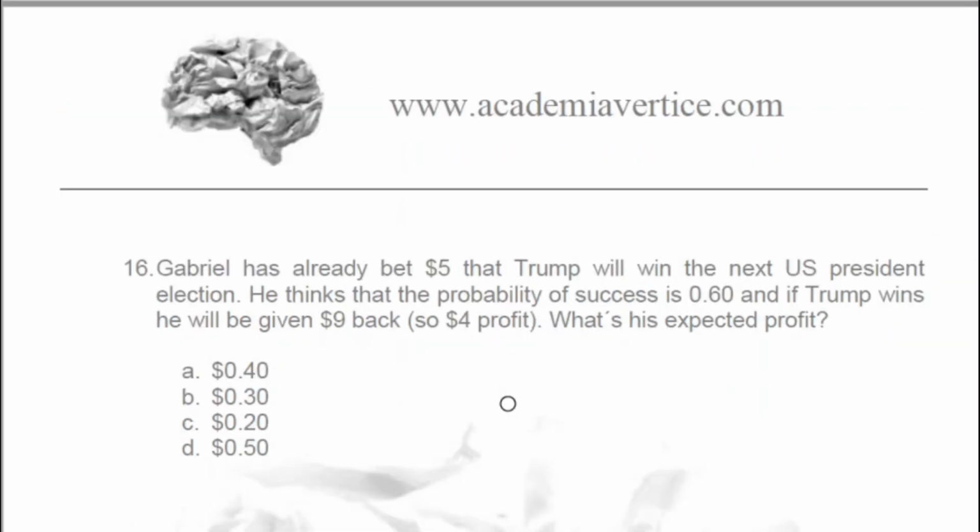Then 16. Gabriel has already bet $5 that Trump will win the next US presidential election. He thinks that the probability of success is 0.60, and if Trump wins, he will be given $9 back, so a $4 profit. What's his expected profit? Be careful. Expected profit, okay? In fact, this is an exercise from probability. Sorry, this is not an exercise of